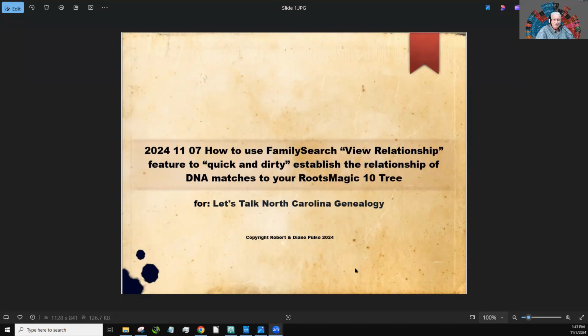All right, you should be seeing the front page for this presentation. It says how to use the FamilySearch view relationship feature. It's also called Are You Related when RootsTech was in town. It's a quick and dirty way to establish a relationship for DNA matches in your RootsMagic 10 tree. This came up in the Let's Talk North Carolina genealogy group, and I was asked to do a presentation on it, and I'm going to provide this video as